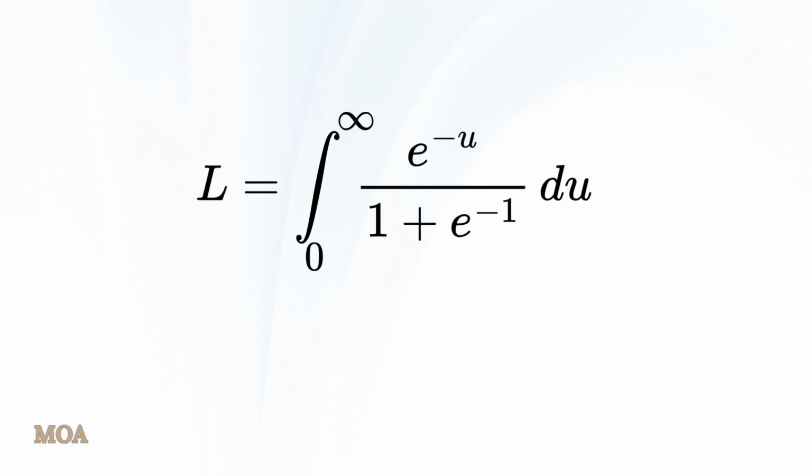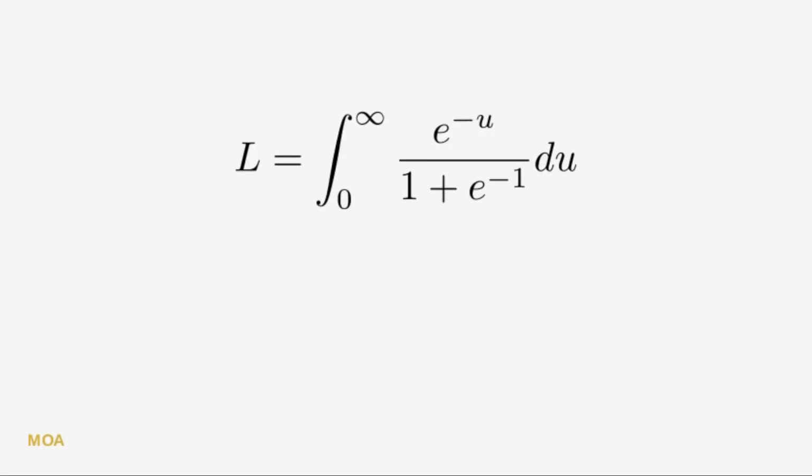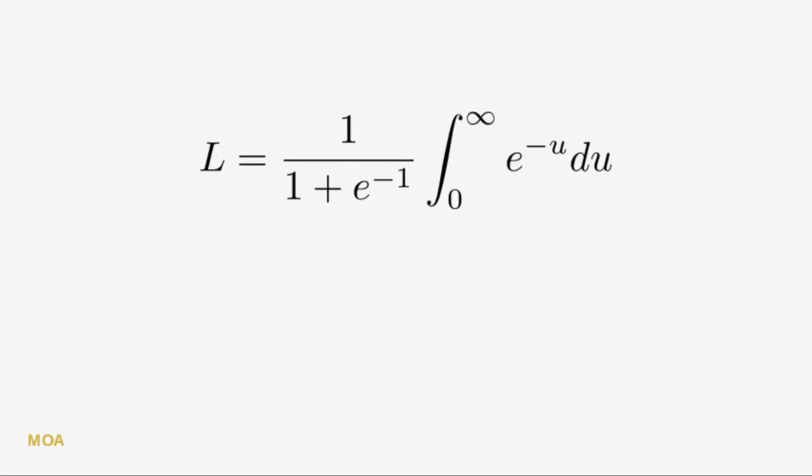Since the factor 1 over 1 plus e to the negative 1 is a constant, we can factor it out of the integral sign. This allows us to express the integral L as 1 over 1 plus e to the negative 1 times the integral from 0 to infinity of the integrand e to the negative u with respect to